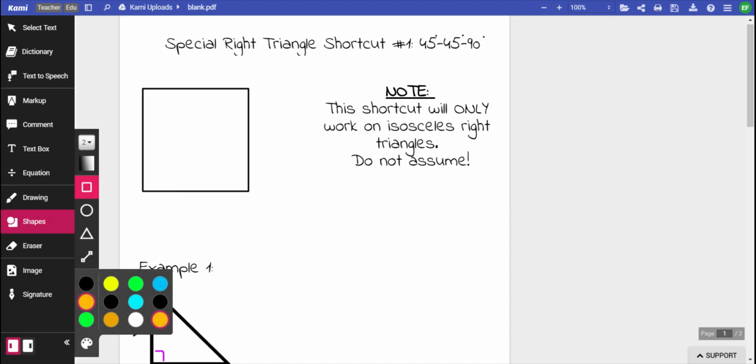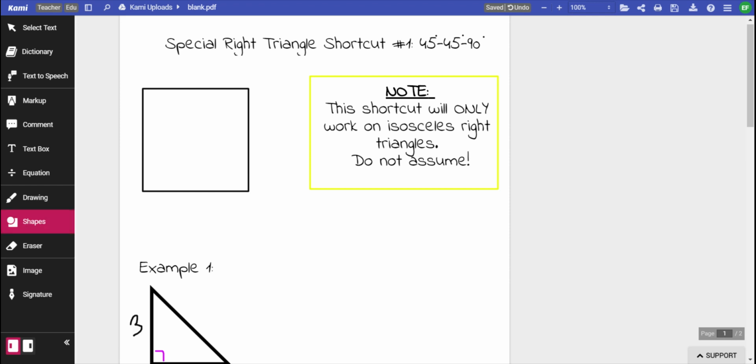So please, as you're going through these problems, make sure that you know for a certain fact that you are looking at a 45, 45, 90 or isosceles right triangle before you attempt to use this shortcut, okay? So do not assume anything. So with that being said, we know we have to work with an isosceles right triangle, but I have a